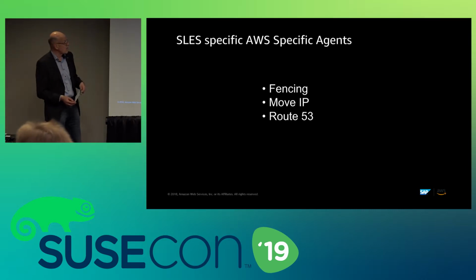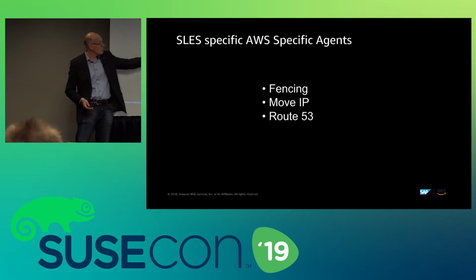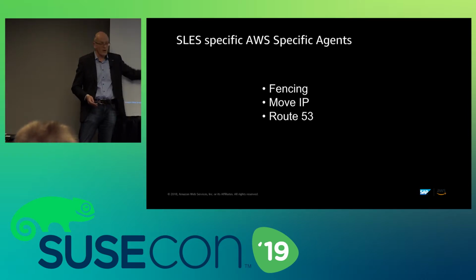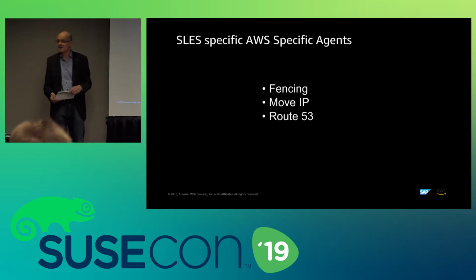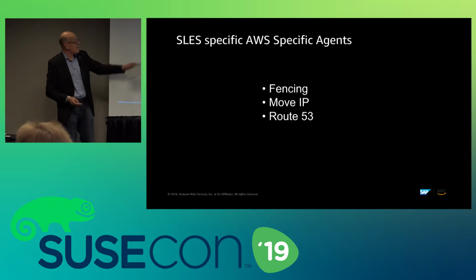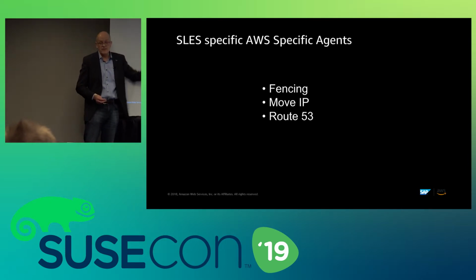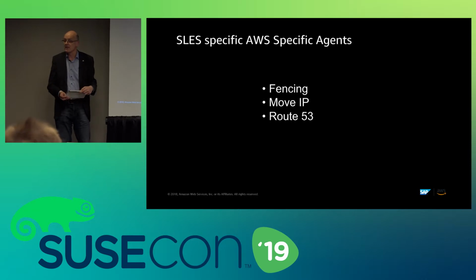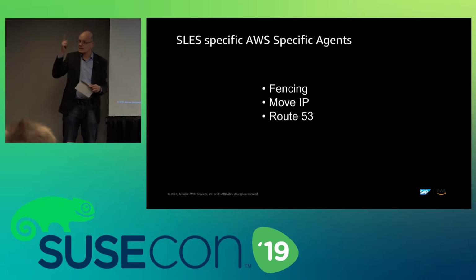When it comes to changing your network topology with a floating IP address or a DNS service, then you need a special agent, which we jointly developed. And we have customers now for 4.5 years. Things are relatively robust. And SUSE is using our infrastructure as well to kill our servers. If a server figures out that the other isn't doing well anymore, it's going to shoot it in the head by asking our infrastructure to stop the instance.